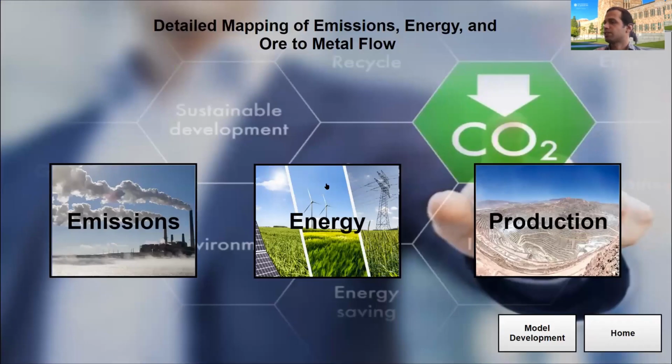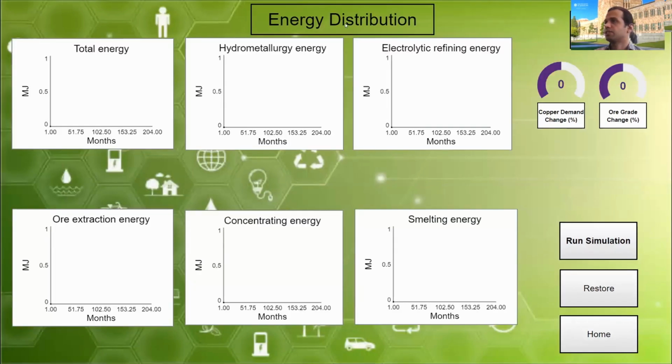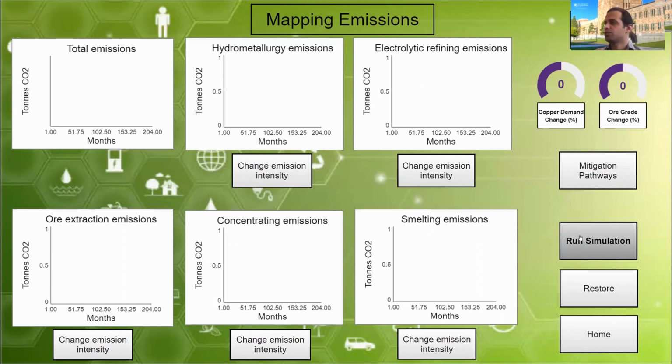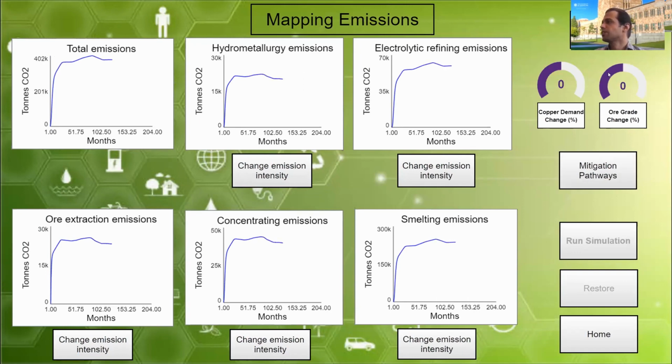Here we can focus on energy distribution within this particular example, which looks at the energy intensity and distribution throughout the process. Our focus here is on the emissions, which shows us the distribution of the emissions within the supply chain. Again, there are some higher level variables that we can change. Let's see if the ore grade was to be decreased by, say, 5%, or copper demand was to increase by 10%. Running another